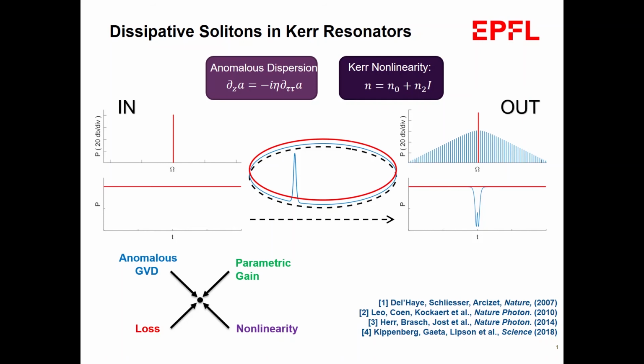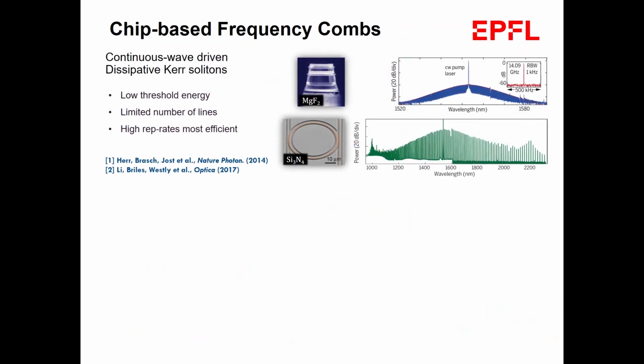This is what sets a dissipative Kerr soliton apart from, let's say, a pulse that's generated in a mode-locked laser, where the pulse absorbs the entire gain of a more long-term amplified gain medium inside a cavity. But a dissipative soliton, on the other hand, receives gain only from right here. So this has resulted in the fact